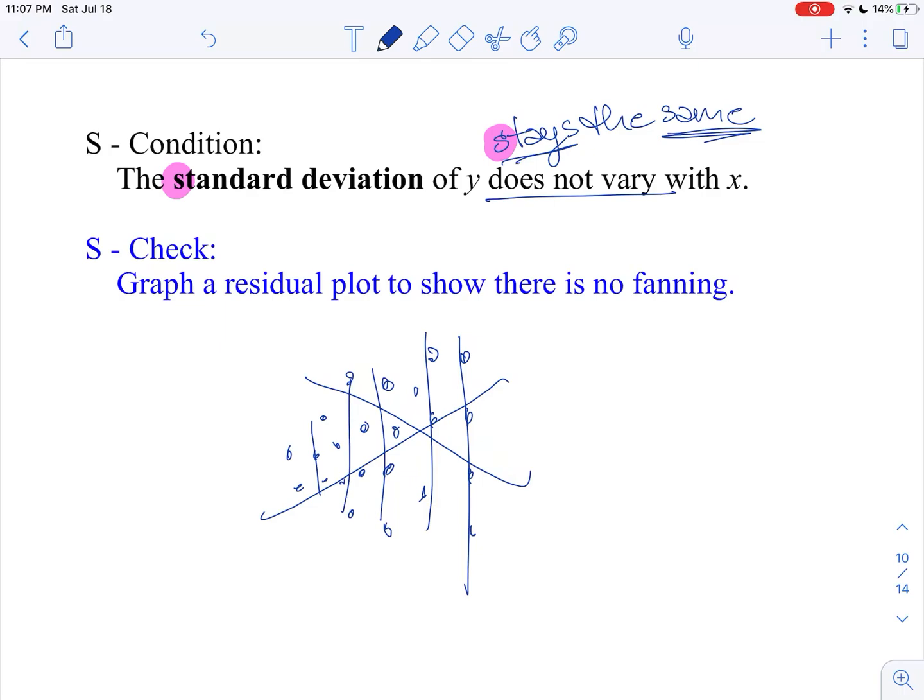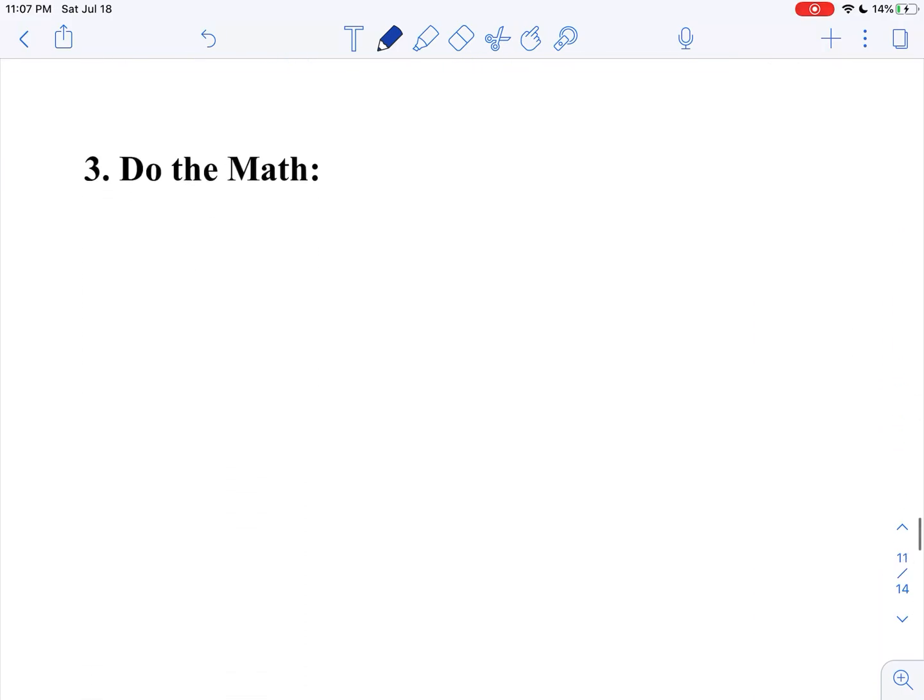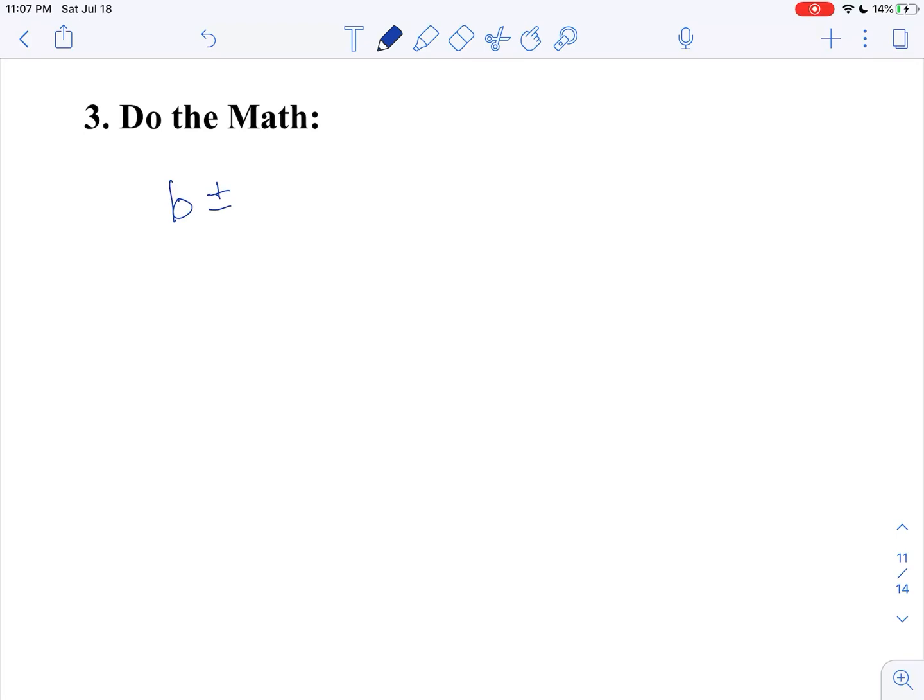That's a lot of conditions to state and check. Now we can go on to our step 3, which is our do the math. To construct a confidence interval for the slope, we're going to start with our sample statistic. With means, we started with x bar; with proportions, we started with our p hat value. For slope, obviously, we're going to start with our sample slope, our least squares regression slope, b. And I said already this is going to be a t distribution because we don't know the actual standard deviation. So our formula we talked about in the previous video was sigma over sigma sub x times the square